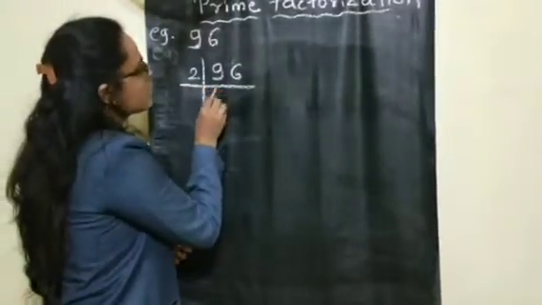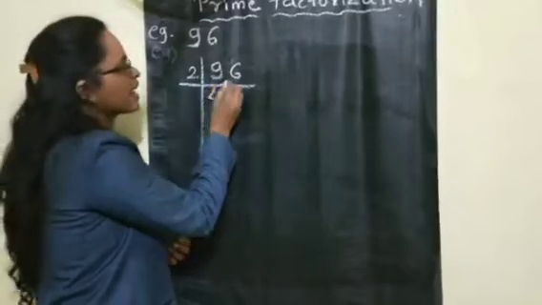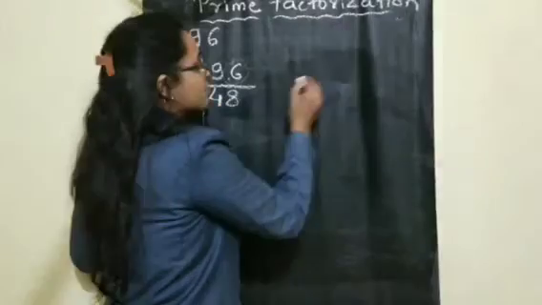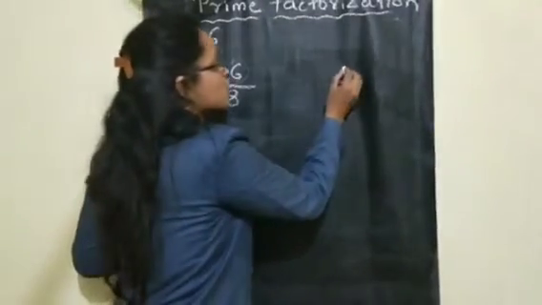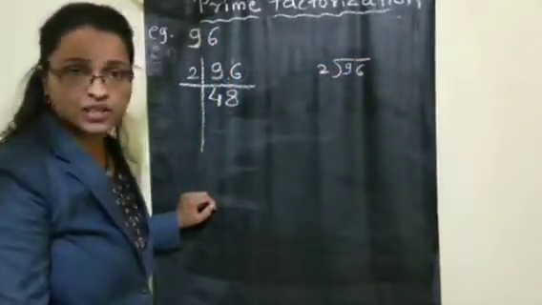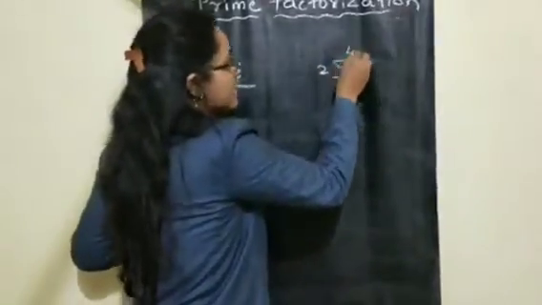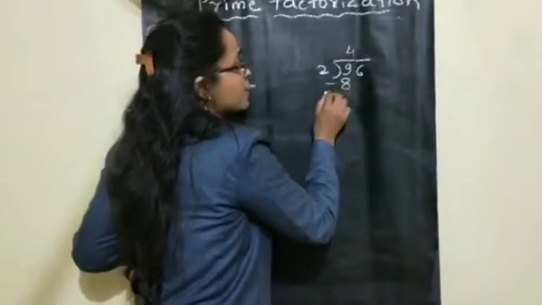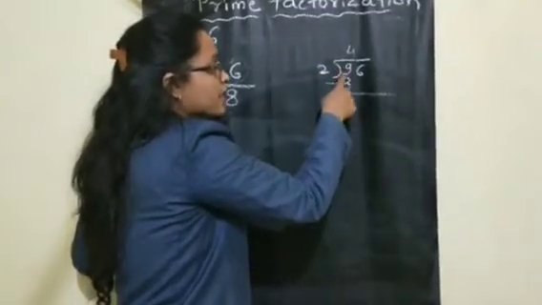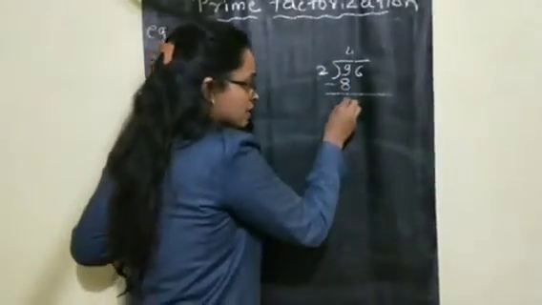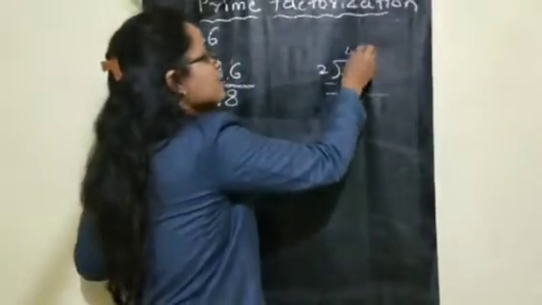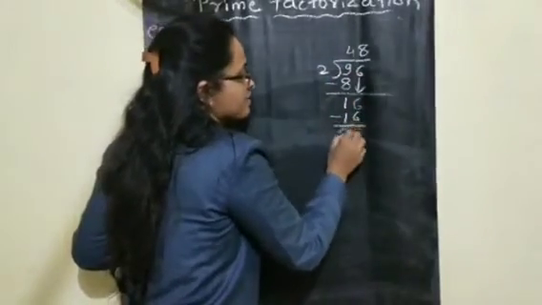So 2 4s are 8, carry left here, so this becomes 16. Now 2 8s are 16. How did this 48 come? See, I will show here one time. 96 divided by 2. 2 4s are 8, because 9 is a bigger number and 9 is not present in the table of 2. The smallest number is 8. 2 4s are 8. Now 9 minus 8, how much? 1. Now take the next number down, that is 16, and 2 8s are 16. So this is exactly division done.